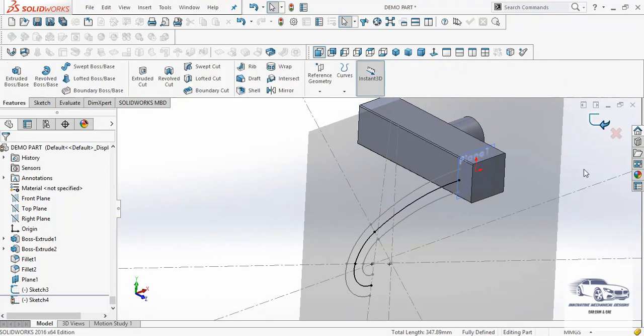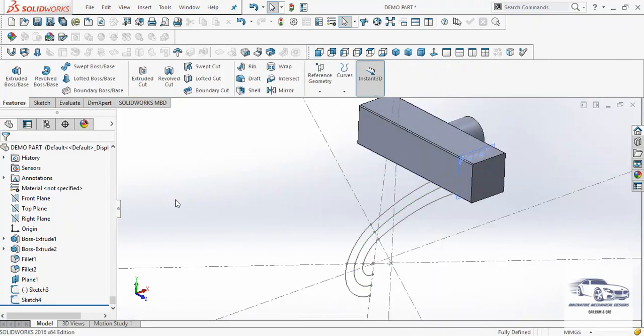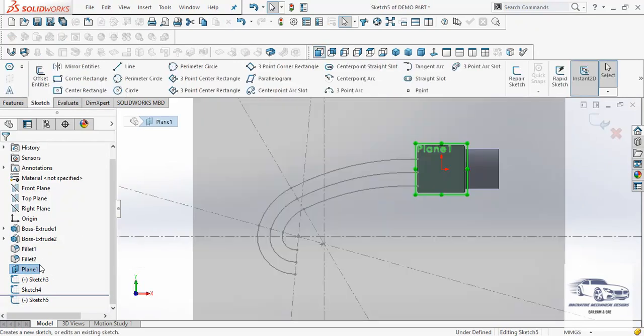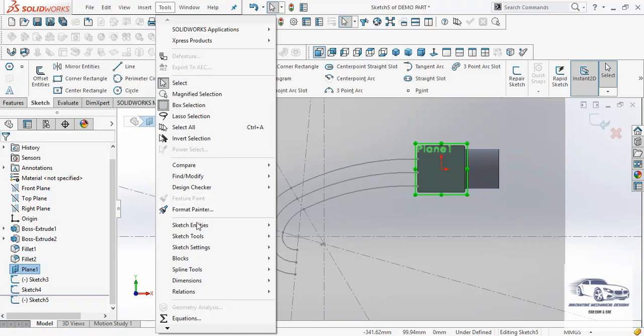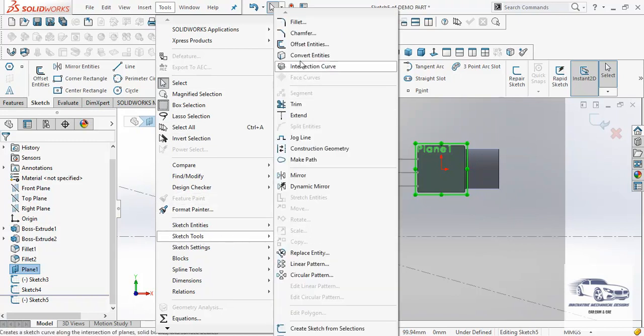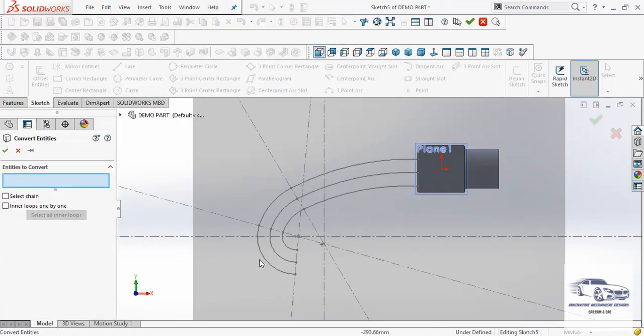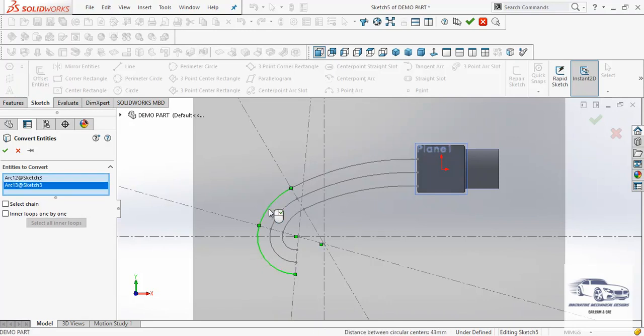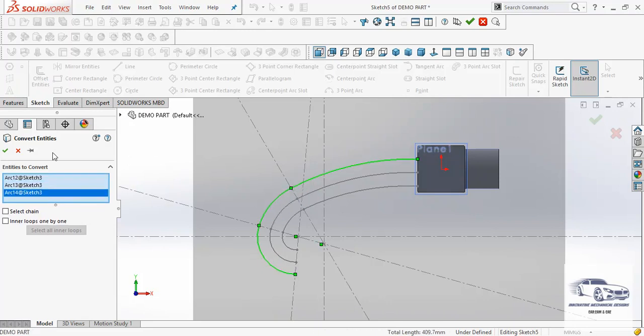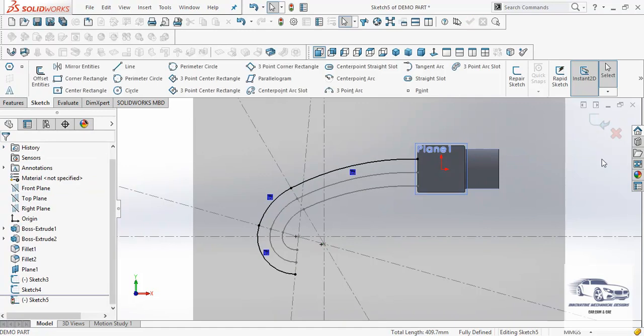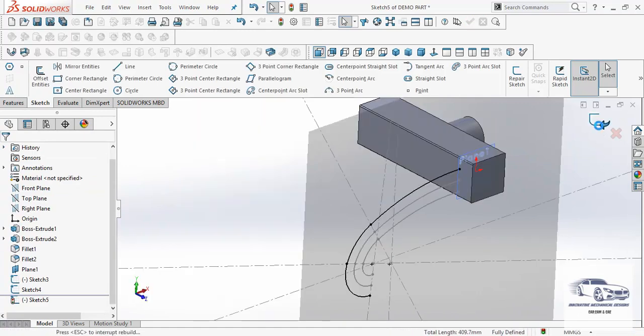The same process we have to repeat for the other two contours also. So again I will select the same plane and go to sketch. Then again here I will select convert entities and then I will select these particular contours, then OK.